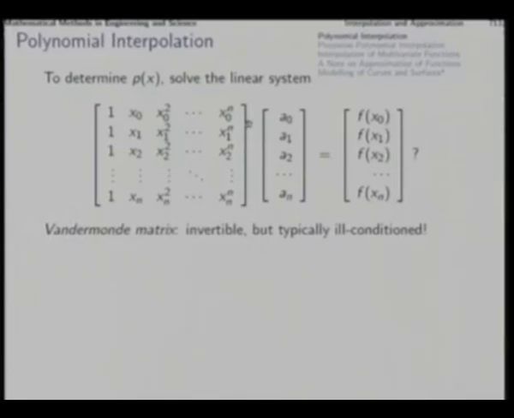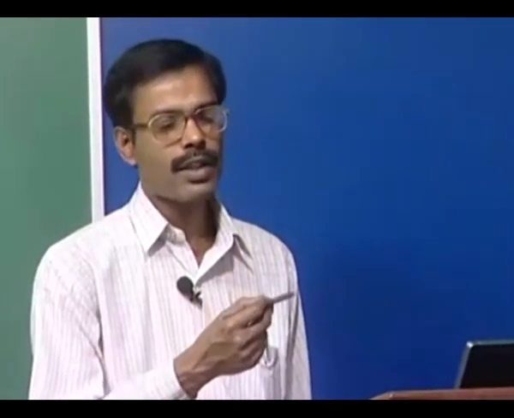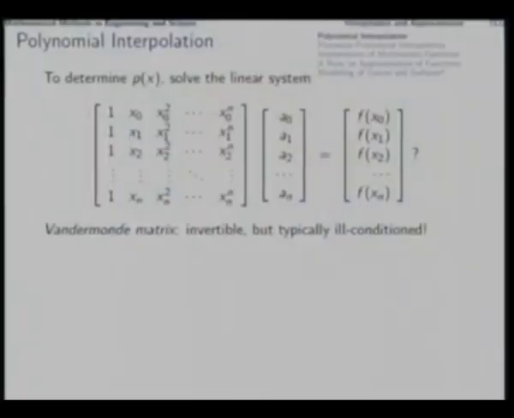Now, this particular matrix with different values of x0, x1, x2, x3 etc. is a well known matrix known as the Vandermonde matrix, and it is known to be invertible. You can analytically show that it is invertible, but it is typically ill conditioned. Now, you can analytically show it is invertible, but here we will not take up that exercise, because we are